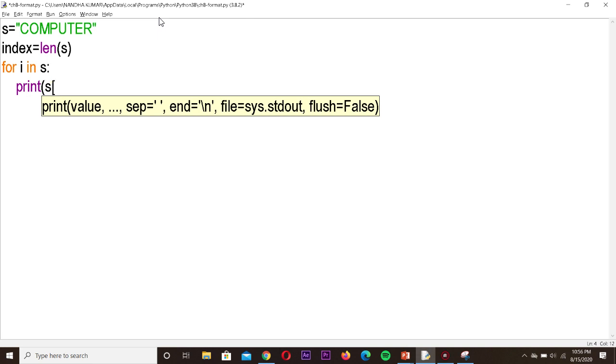In the first line you want to display all the characters, so we write 0 colon index. The length of the string is stored in the variable index, so we can make use of that, and close the parenthesis.